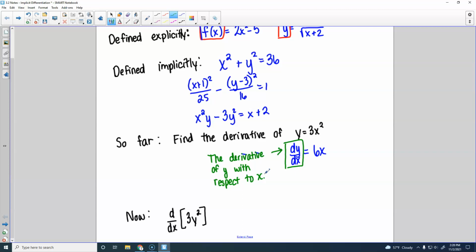Whenever you type a derivative into your calculator, you'll do differentiate, you'll type in the equation, then you've got to put comma x, right? Because you're telling it you're taking the derivative with respect to x. It is possible to take the derivative with respect to other variables. Yes, you could take it with respect to y, or even a variable that's not in the equation, like t,